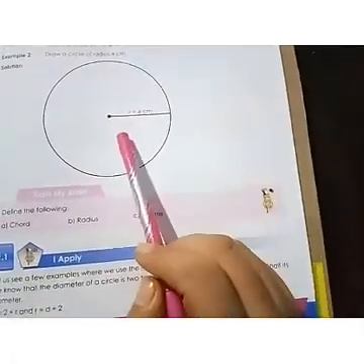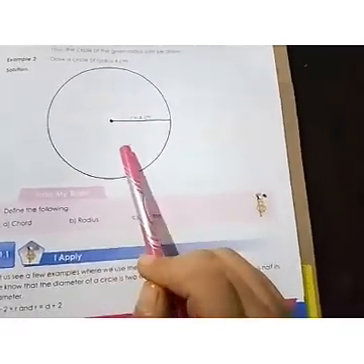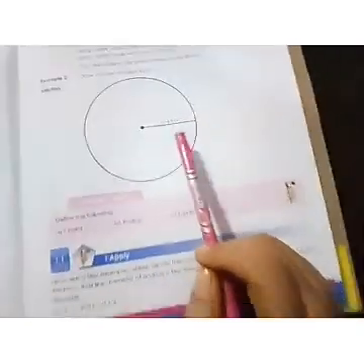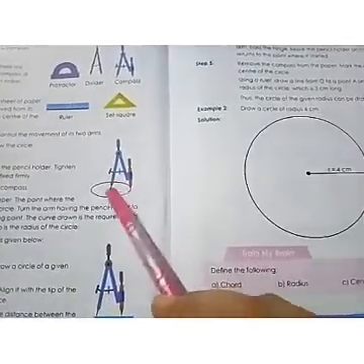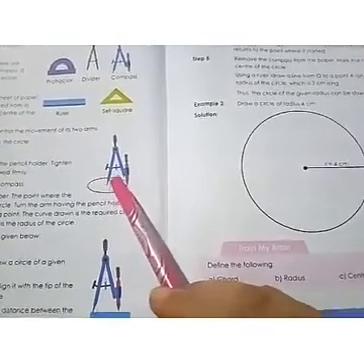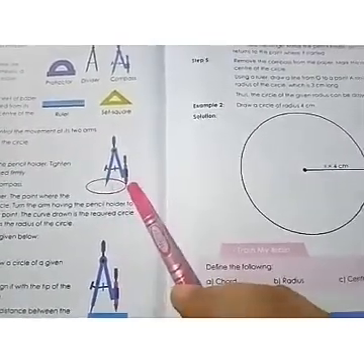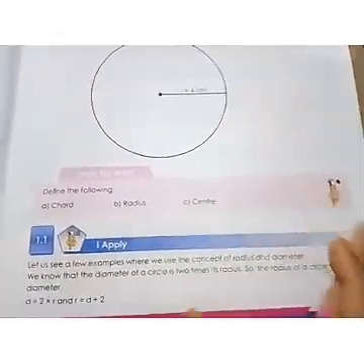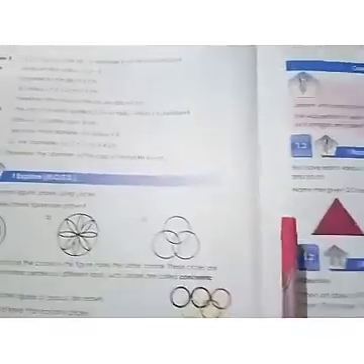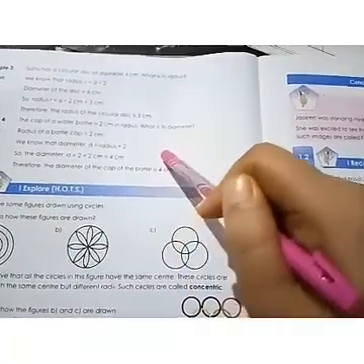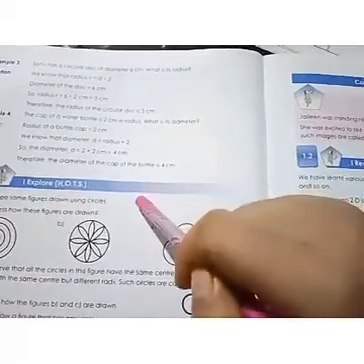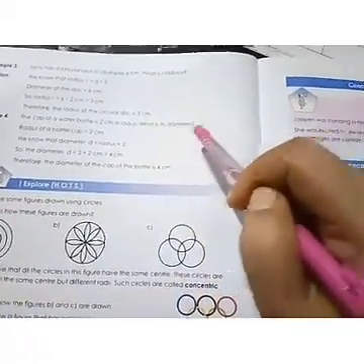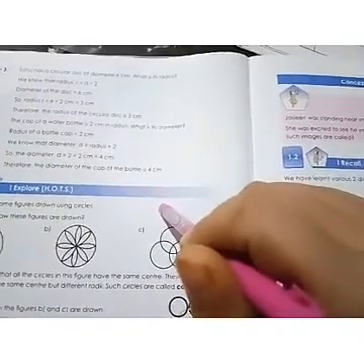Now a circle can also be drawn with a fixed measurement, that is, you can take a radius of like 2 cm, 3 cm, and you can measure the radius with the help of a ruler, fixing the 2 points exactly 2 cm apart, and then we can draw a circle. Alright, and the relation between the radius and diameter we already got. Radius equals d by 2, that means half of the diameter, and diameter is equal to twice the radius. In this way we can solve word problems.